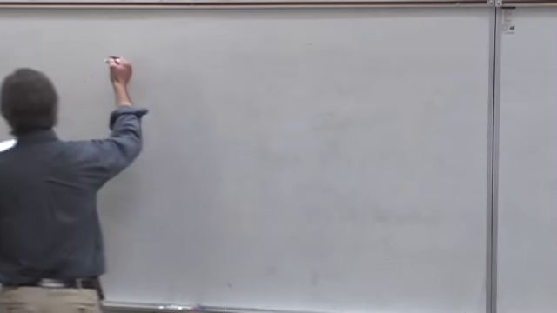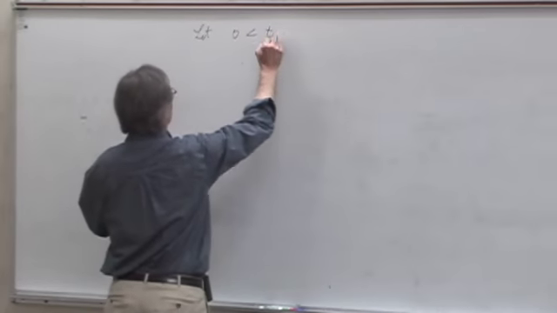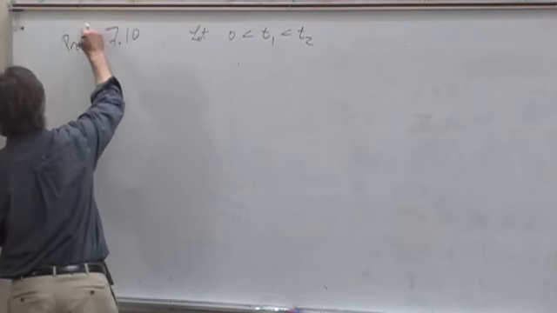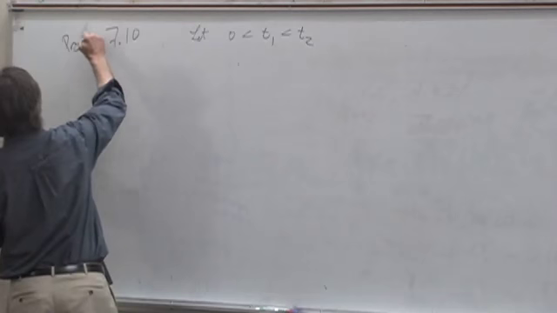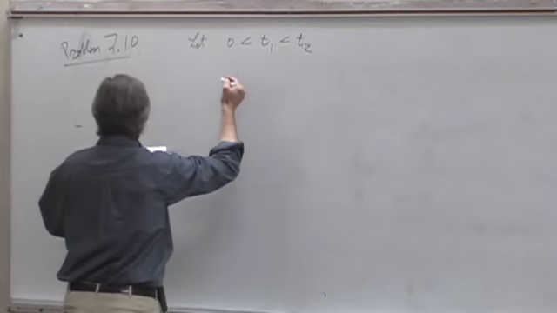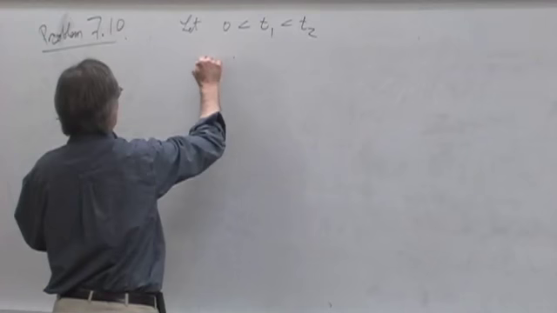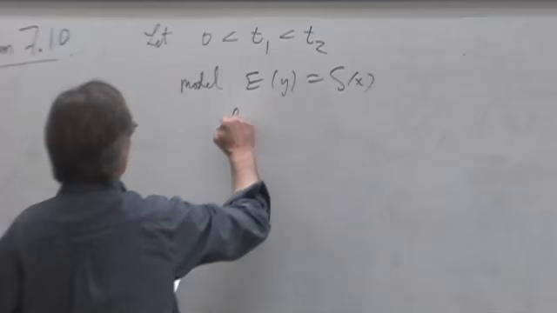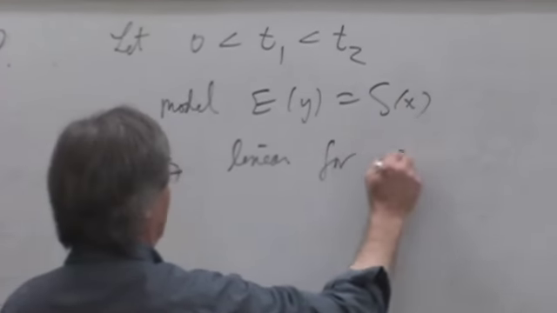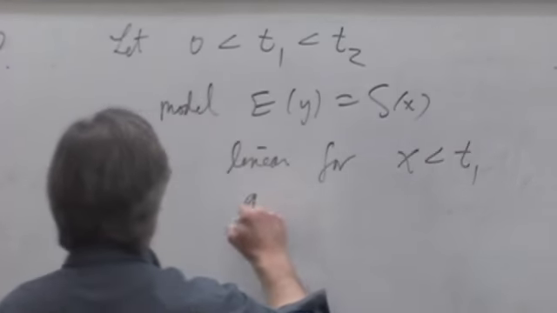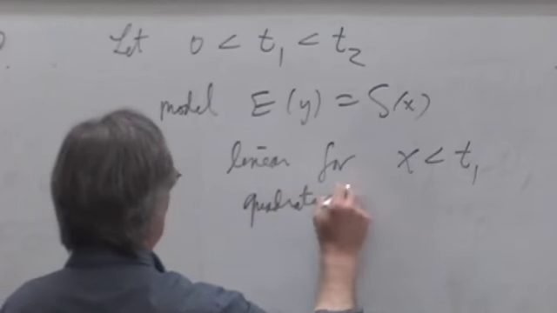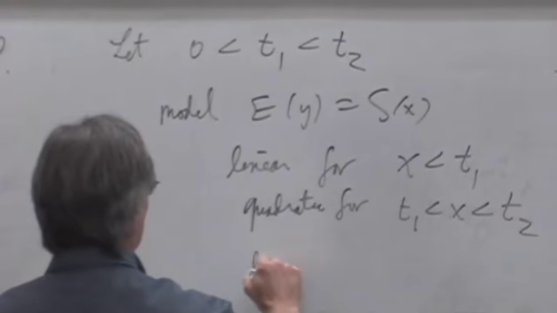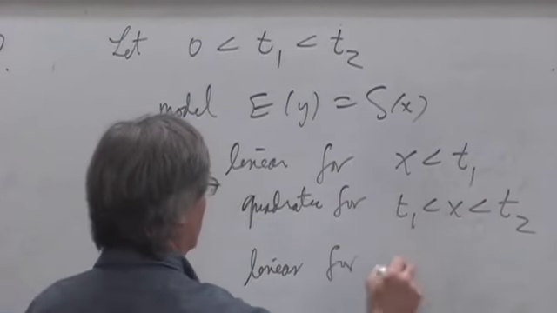So we want 0 less than t1 less than t2, and say we model EY equals S of X: linear for X less than T1, quadratic for T1 less than X less than T2, and linear again for T2 less than